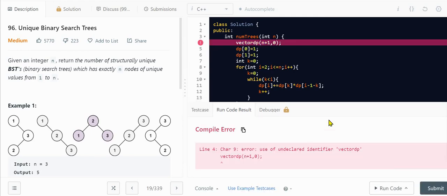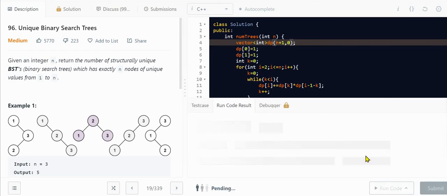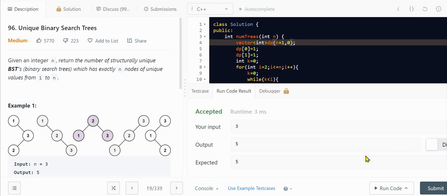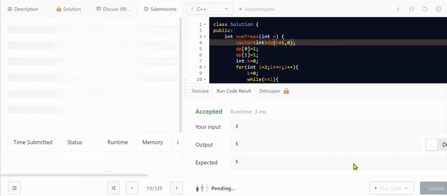Okay, so vector DP should be initialized as vector DP. Let me take int DP. Okay, let's see. Okay, our output is coming, and let's submit it.